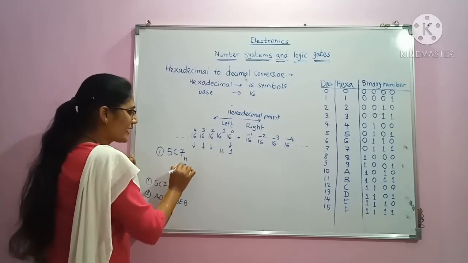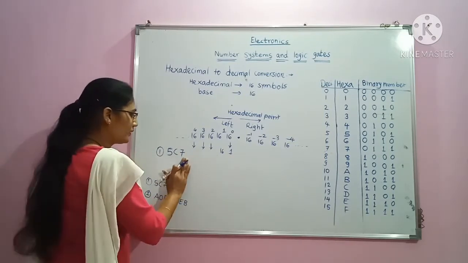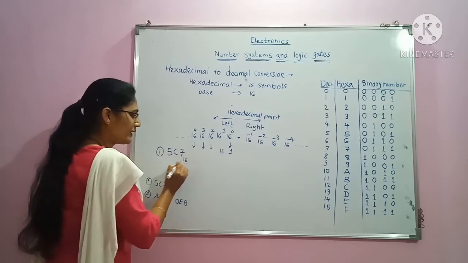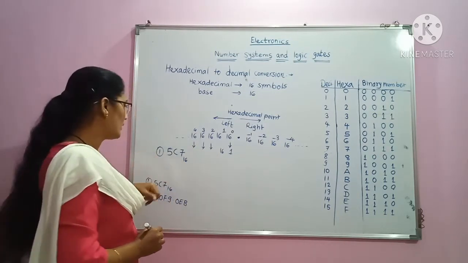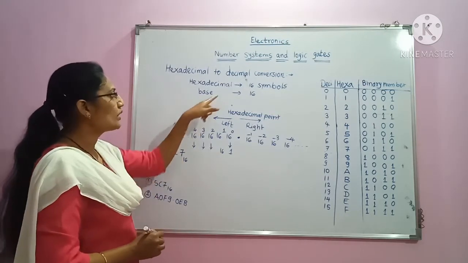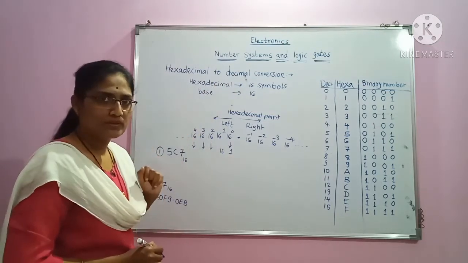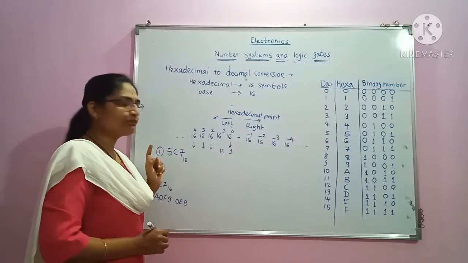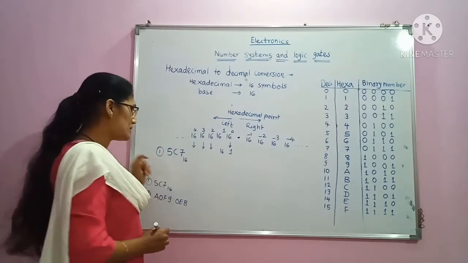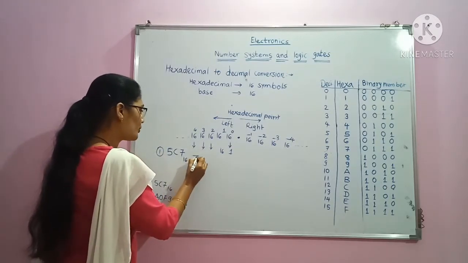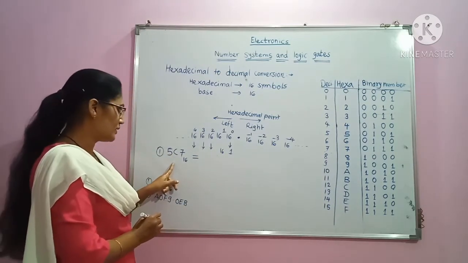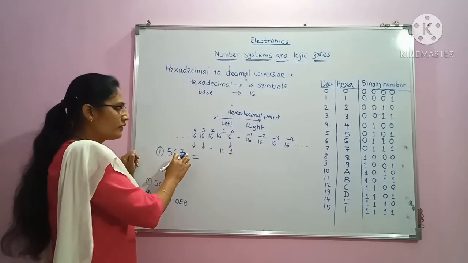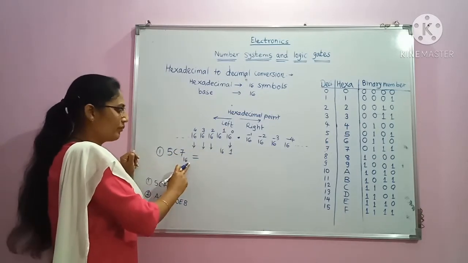H represents hexadecimal. So here in the example they have written it as 16. It means that the number is a hexadecimal number. Now I wish to convert it into a decimal number system. So in order to convert it into the decimal number system, what do I have to do? Here there is an integer number.